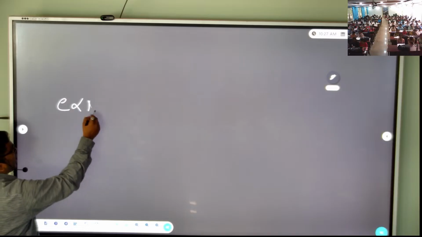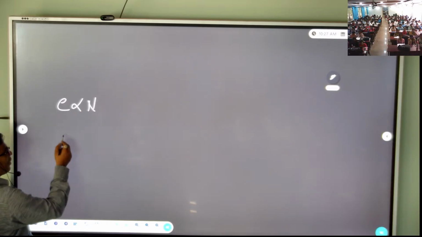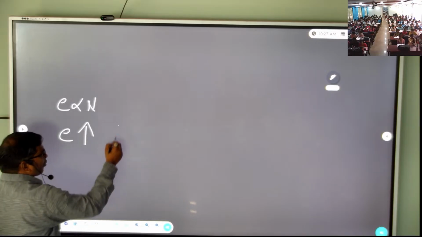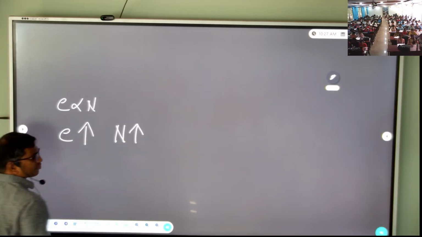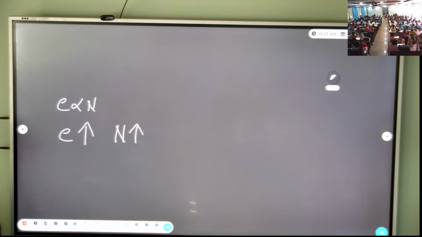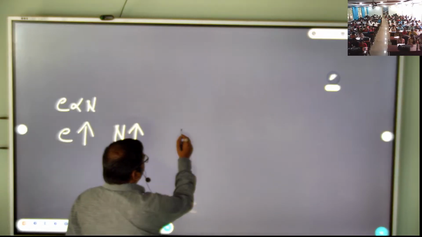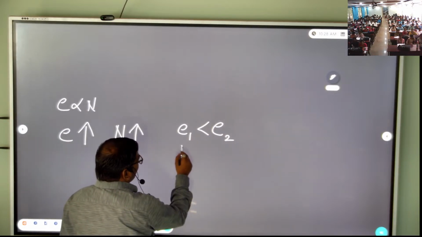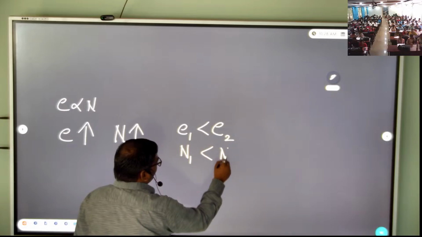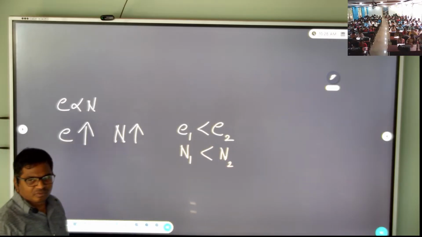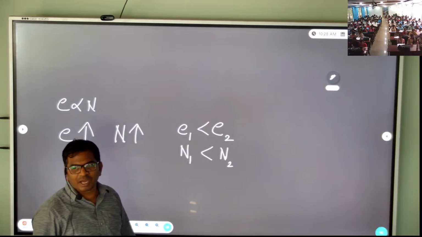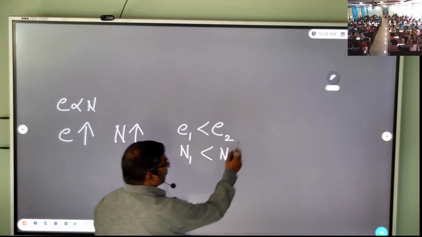Okay. So here E is proportional to N. That means whenever you require more induced EMF, you need to get more turns. Now E1 is less, E2 is more. That is N1 is less, N2 is more. What do you mean by N1? Number of primary turns. What do you mean by N2? Number of secondary turns. So this type of transformer is called